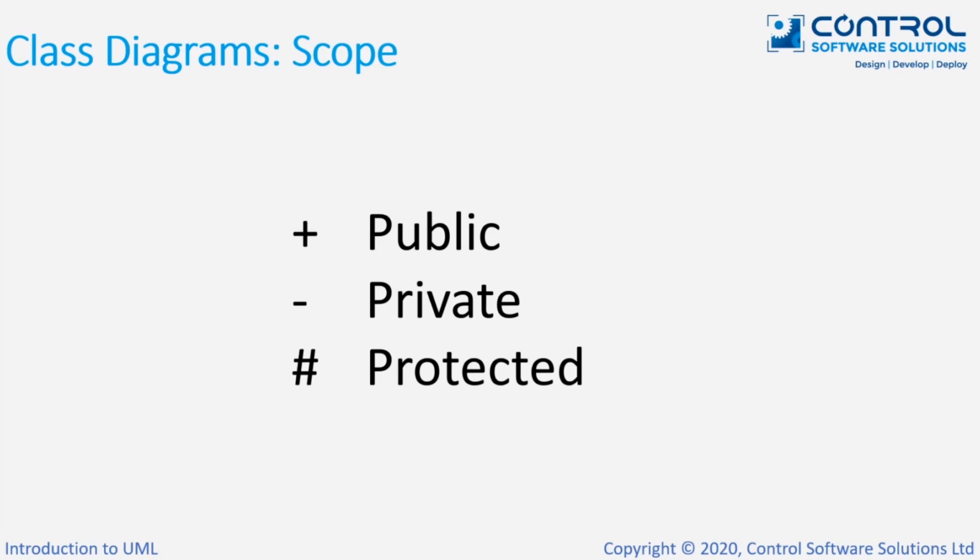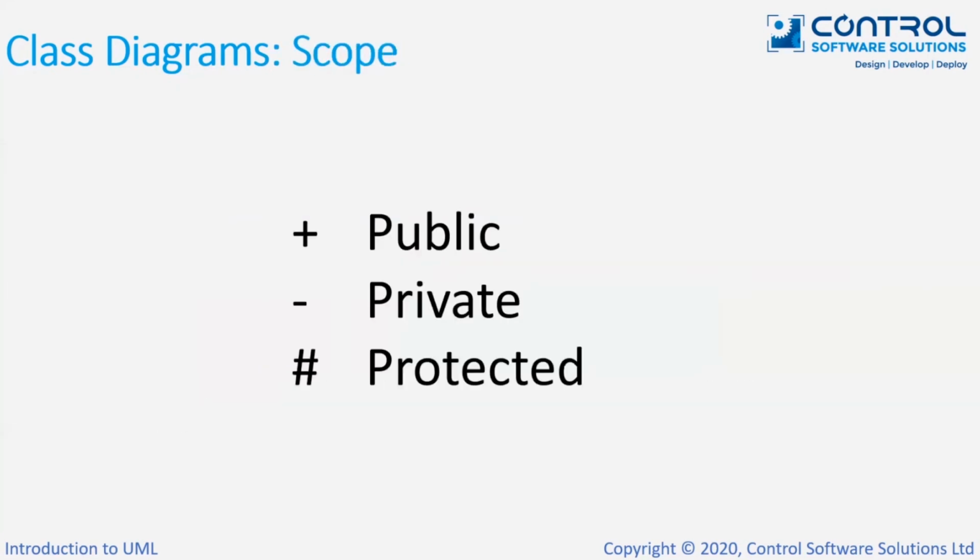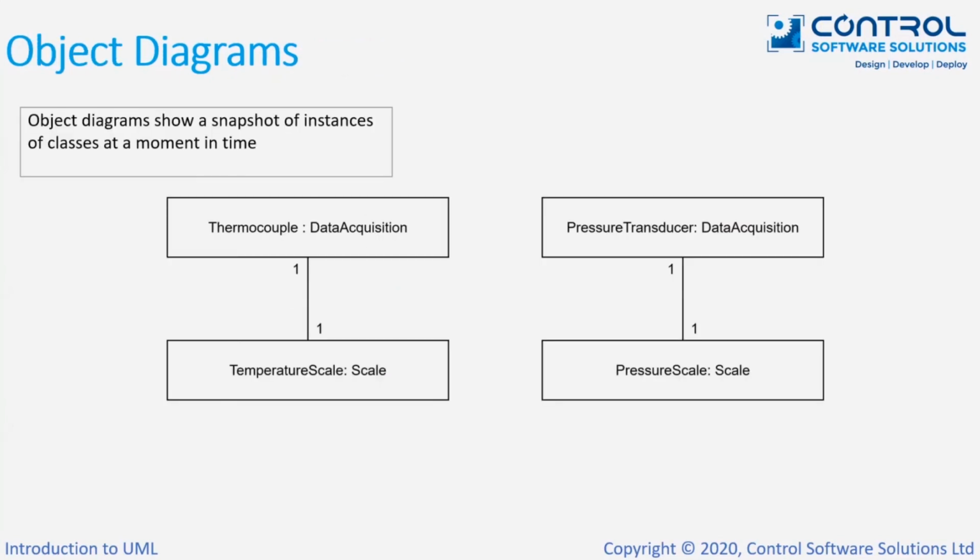So our class diagrams basically tell us the libraries we're going to implement. They don't tell us how they're used, really. So moving on from a class diagram, you can have an object diagram. On an object diagram, we have